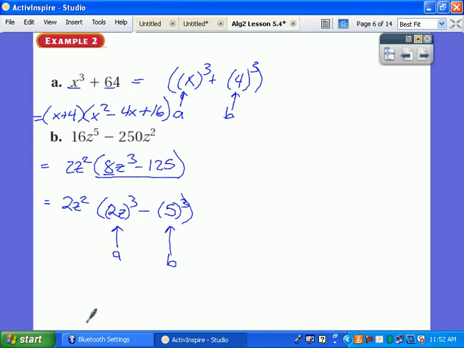And so I rewrite 8z cubed as 2z quantity cubed, and these two are equivalent. And now I can simply apply the formula as we saw it on the previous slide. Don't forget about our leading term here, 2z squared. And now this will factor to 2z minus 5, a minus b, and then times a squared, so 4z squared,